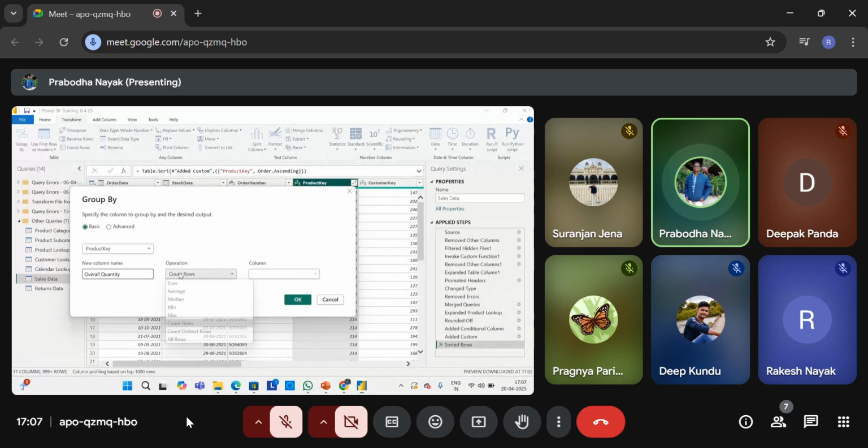And my operation, there will be different operations. You can sum it or average it, median, mean, max, everything you can see. So I need to put my operation as sum, and which column I need to sum, that is my order quantity, as an example. So I need to group my data by product key, and I want to see, based on the order quantity,